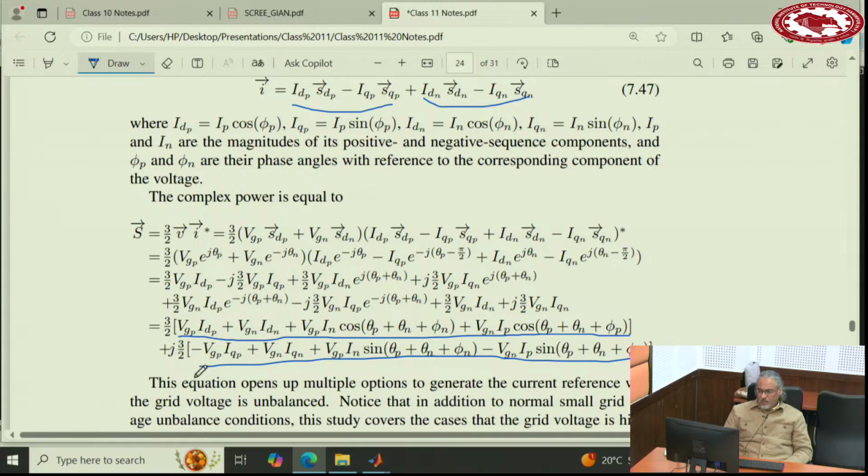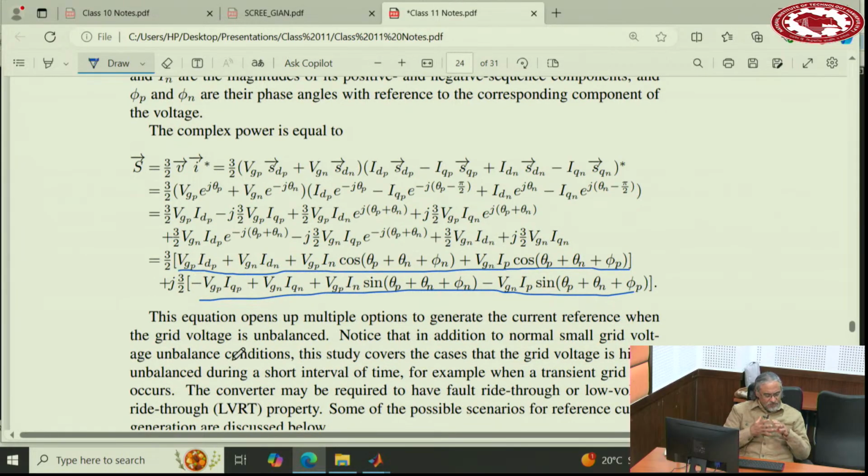And this DC should be equal to your set point. This part is the real power set point, and this should be equal to the reactive power set point. But now you have some degree of freedom because you have positive sequence of current and negative sequence of the current. You can use that degree of freedom to make this